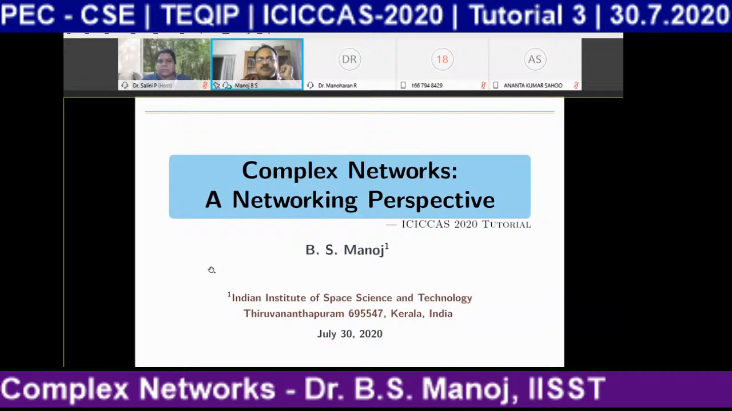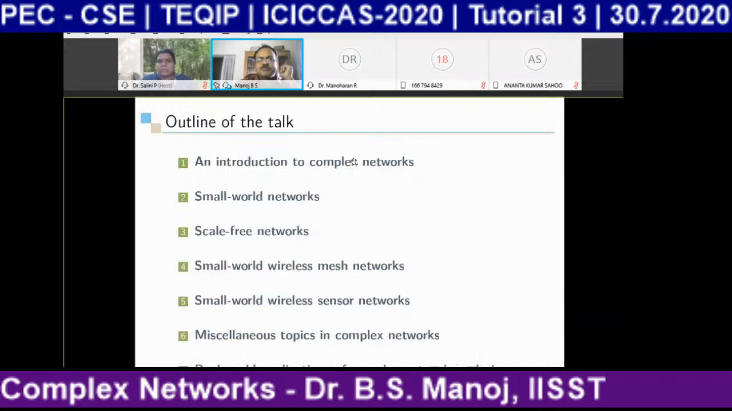and scale-free networks in this. In fact, it will require like 6-7 hours to